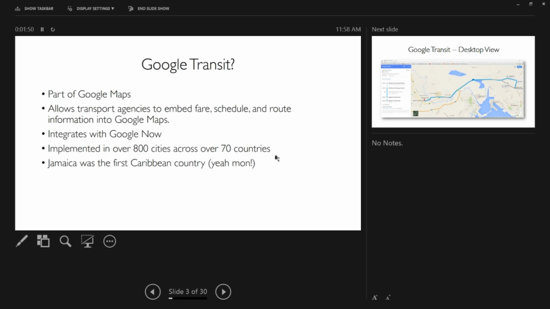Now, let's talk about what exactly Google Transit is. It's a part of Google Maps, and it allows transit agencies, both public and private, as long as they operate a scheduled service and defined routes, to basically embed their transit data within Google Maps. And so you can access it wherever you access Google Maps. So, you get data such as the fare, schedule, routing information, and what I particularly love about it is that,